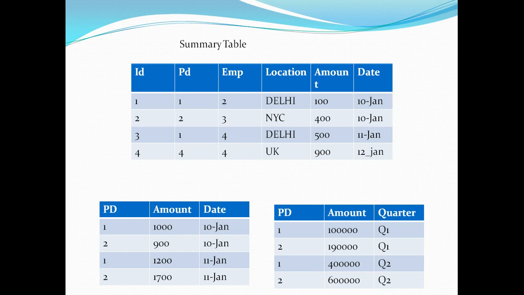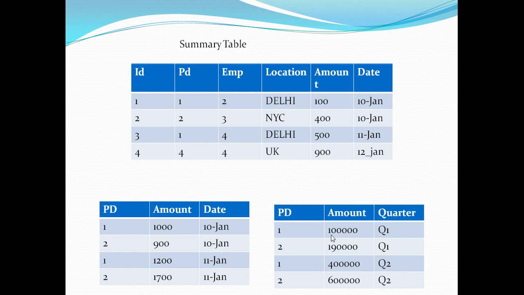Then in order to give appraisals, he wants to identify the employees who have been consistent and have made the most sales in the entire year. And if he has to fire 10% of the employees, he wants to see the employees who have made the minimum sales throughout the year, that kind of stuff. So he wants to see the data from that perspective. Then we have another set of users who want to see the data from a location perspective.